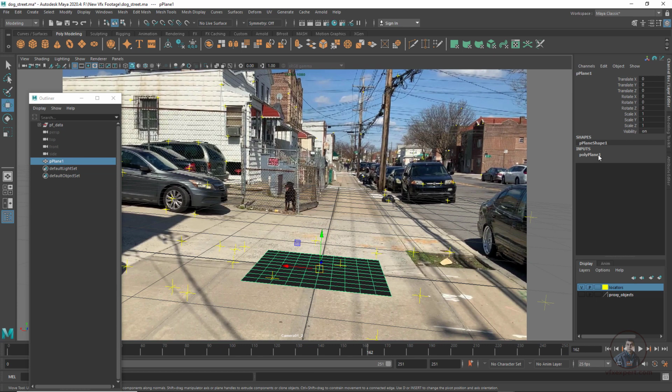Then select this plane, then come here in this polyPlane and just adjust all these subdivisions, maybe 2 by 2 is sufficient. Then after this, just place this plane's anchor point or pivot point in any corner here. So here I am going to place it. So again D and V and just place it here.